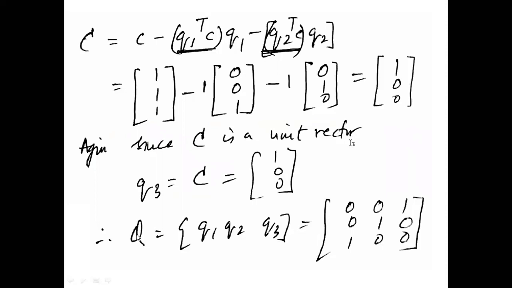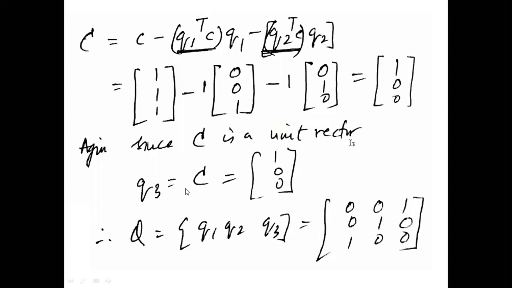Therefore the total Q is nothing but Q1, Q2, and Q3 put in as columns. Q1 will be the first column, Q2 the second column, and Q3 which we have found above will be the third column. Therefore, the matrix Q, capital Q, is 0, 0, 1, 0, 1, 0, and 1, 0, 0. If you were present in the lecture yesterday, after finding this, we had divided this vector by its length to find the basis. However, in this numerical, we don't have to worry about that, because the length here is 1. We call that a unit vector.